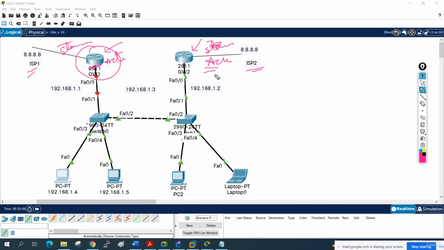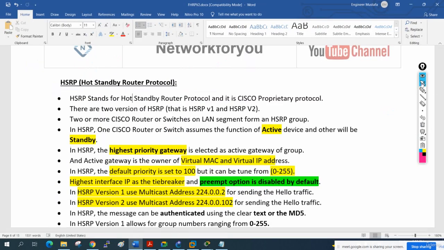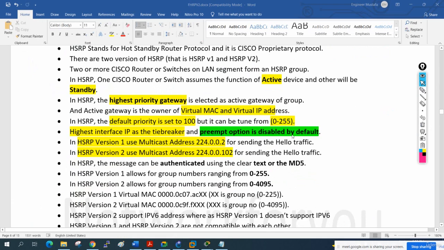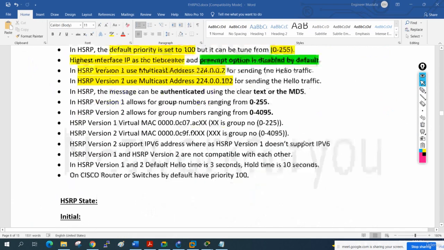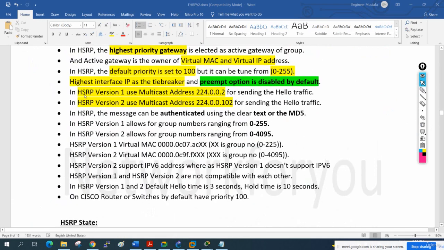When we enable the prompt command, both are going to sync and they will check and compare, and whoever wins the election, they will make that guy the active. So the prompt option is disabled by default, we can enable that one also. And if we see in HSRP 1, we use the multicast address